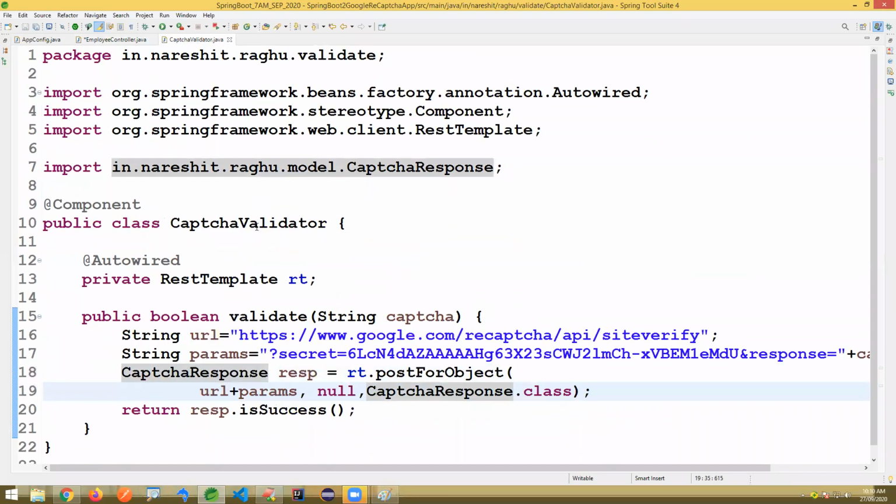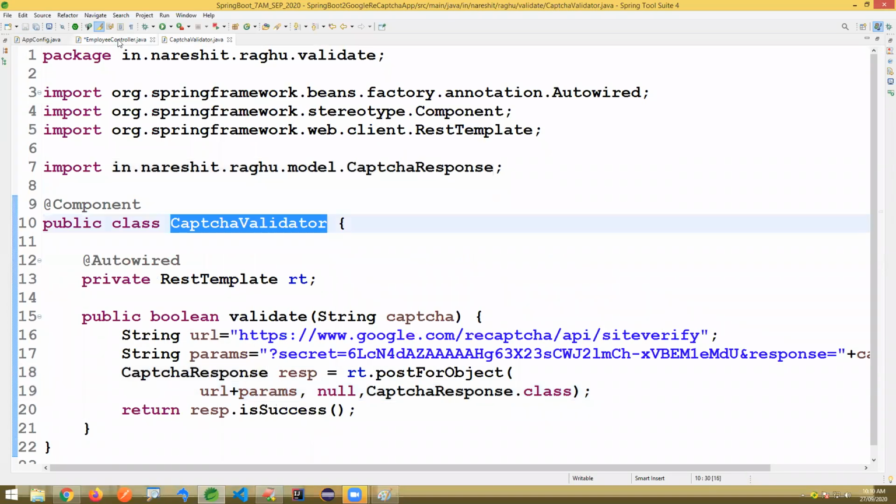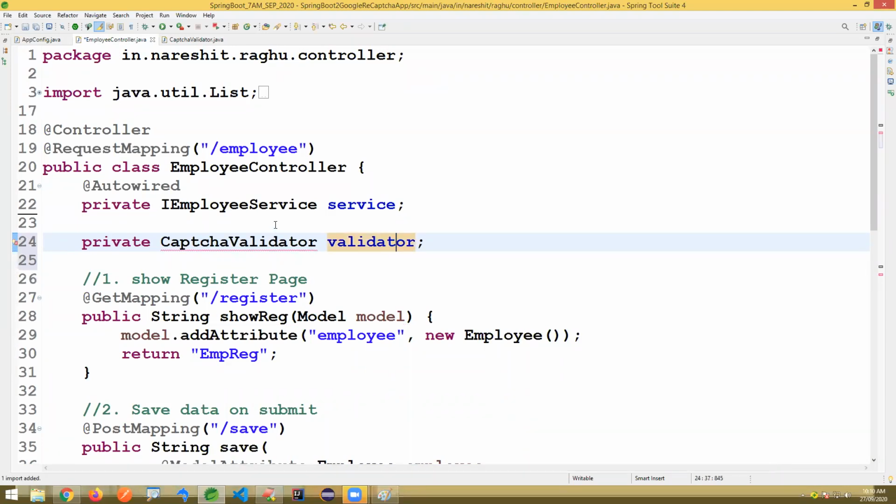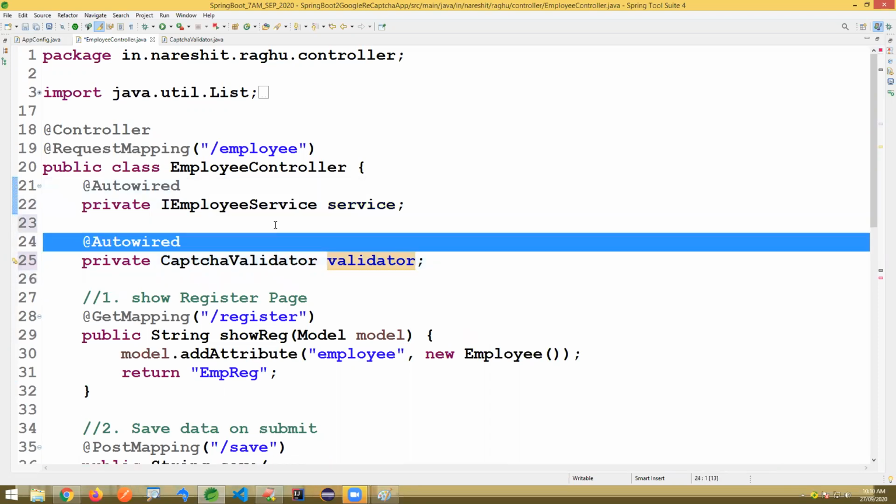So here, this captcha validator, I'm integrating with the controller now. Private CaptchaValidator validator, applying autowired.